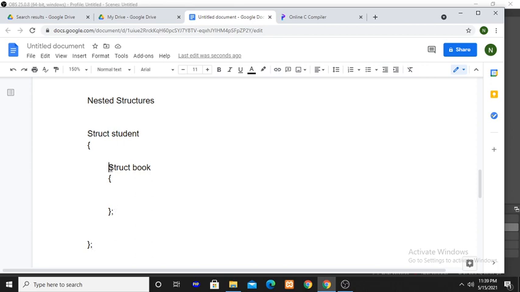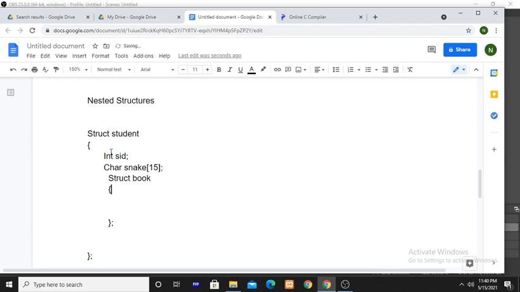Now write the structure members. For the student structure, write the members: student ID and student name.